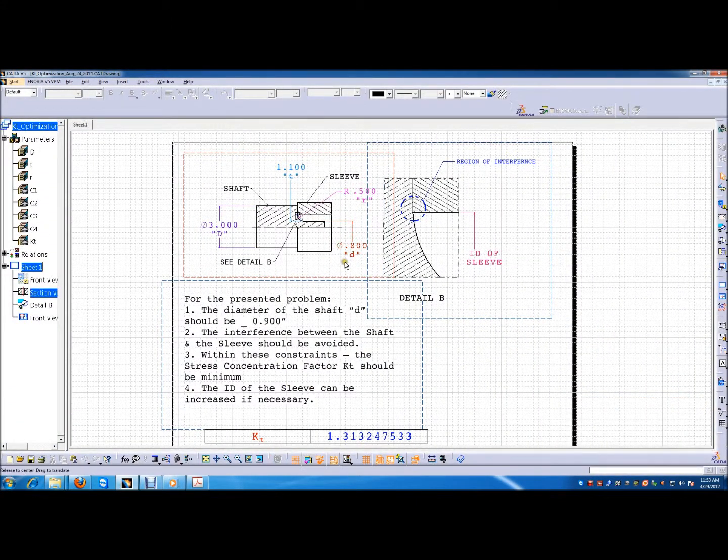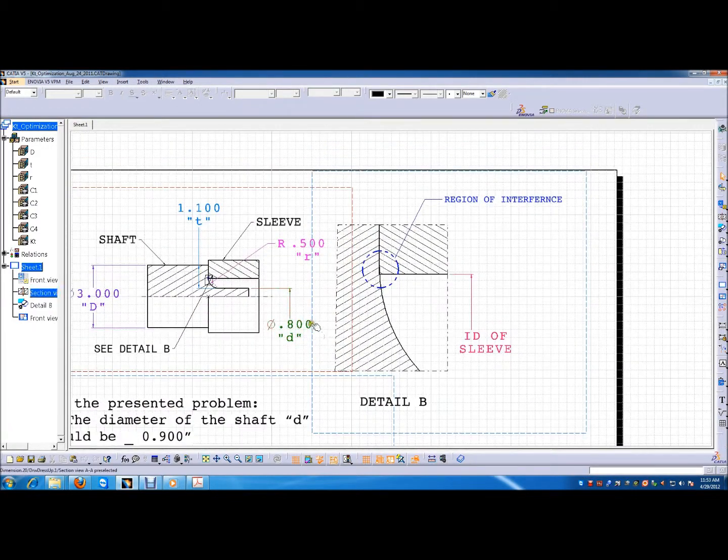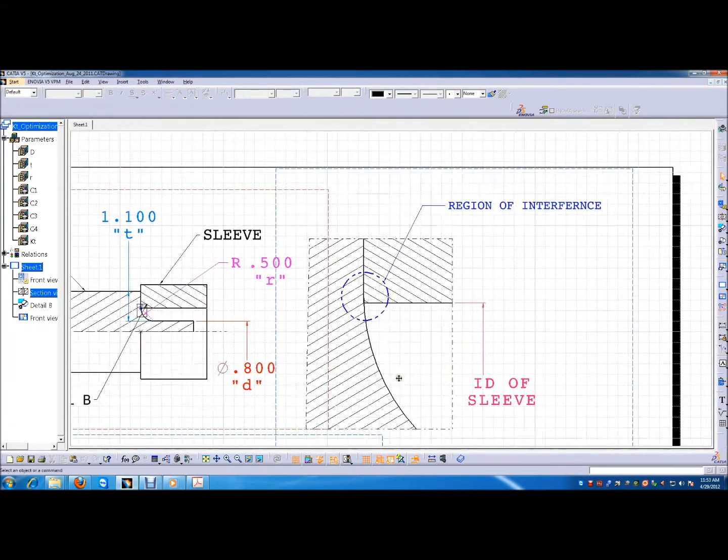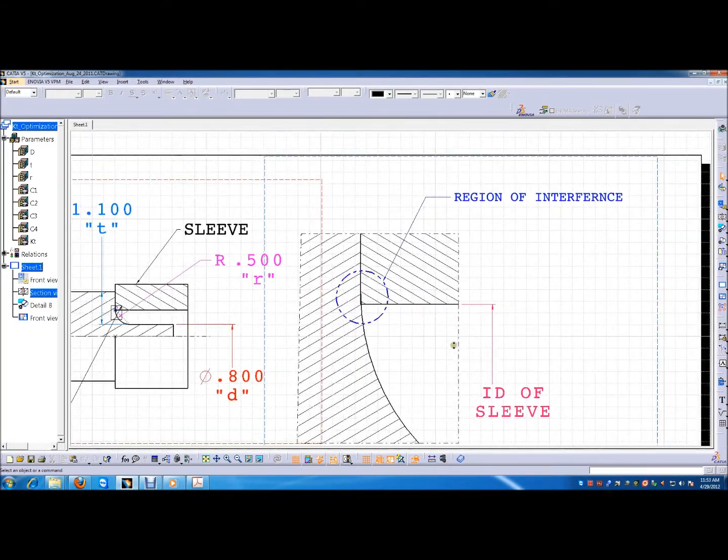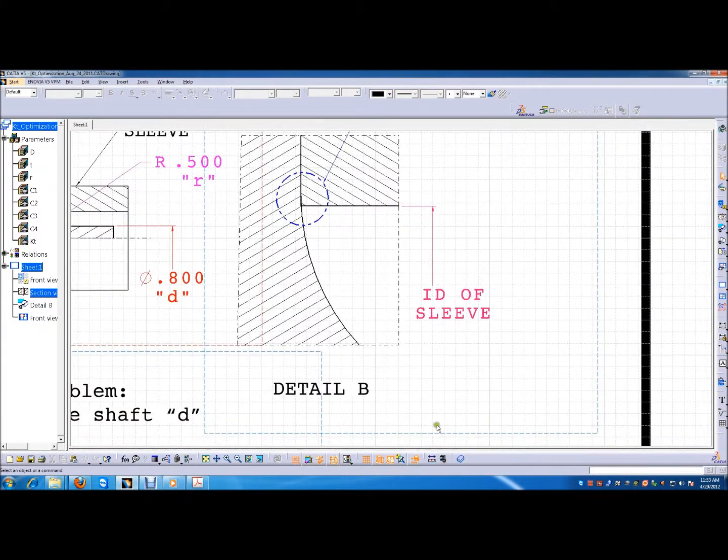Now we are at our lower limit, we cannot go less than 0.8 for the small d. We still have a little interference here between the sleeve and the radius on the shaft. So this is the optimum design we are having.